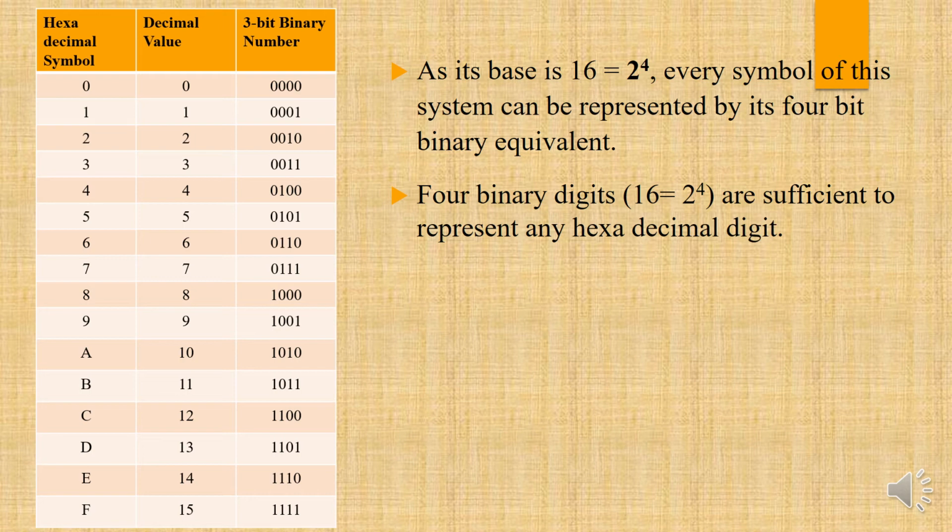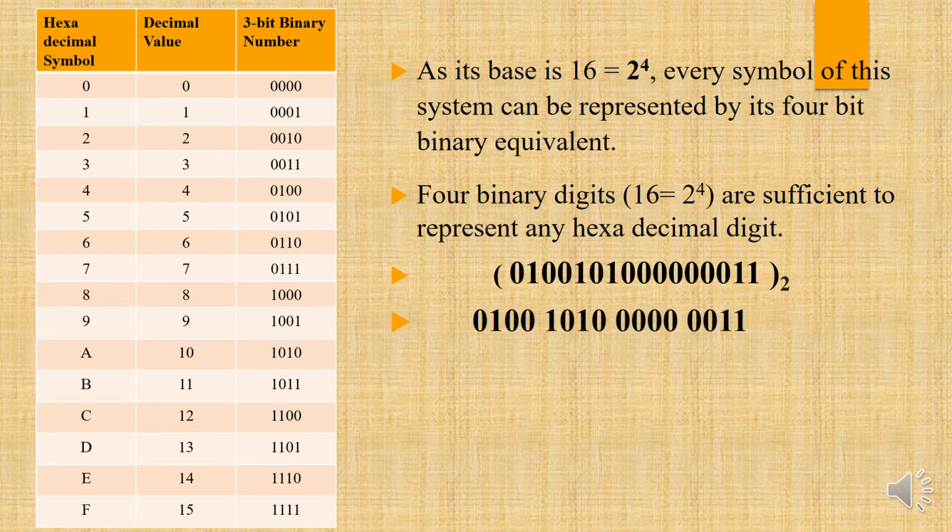Now we will see this with the help of one example. Suppose we have a binary string, right? If you want to convert this binary string into the hexadecimal number system, then what we need to do, we need to first divide this string into groups of 4 bits, right? Starting from the right hand side. Okay, so how many groups? Here we have formed 4 groups, right? Starting from the right hand side.